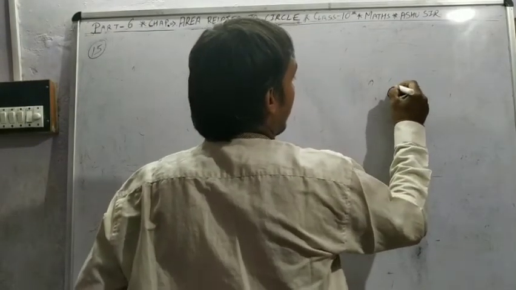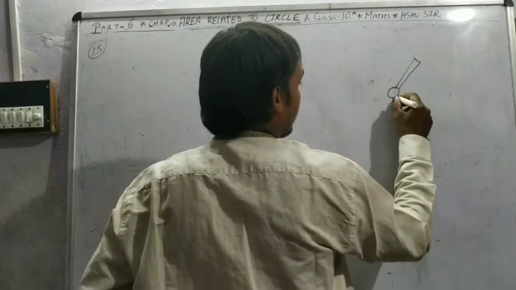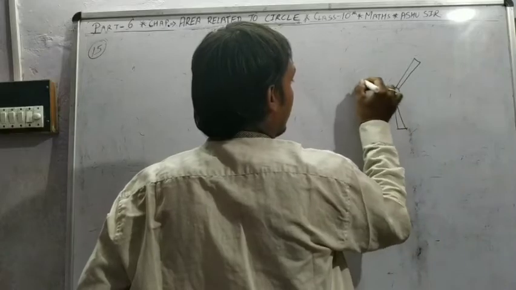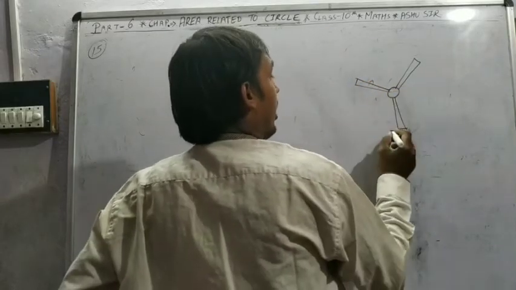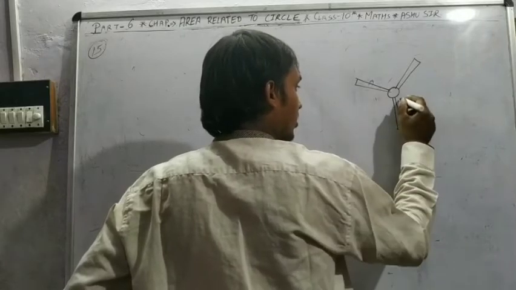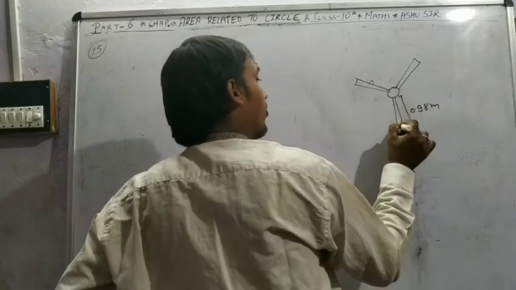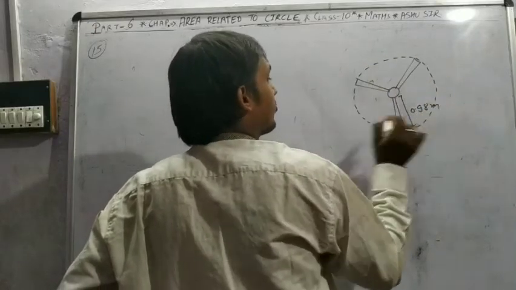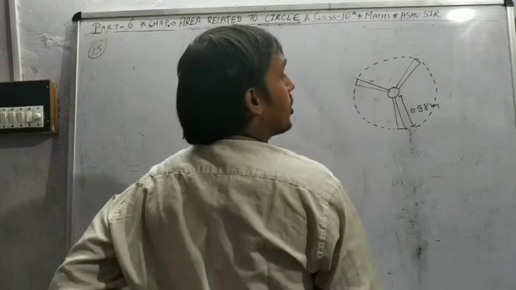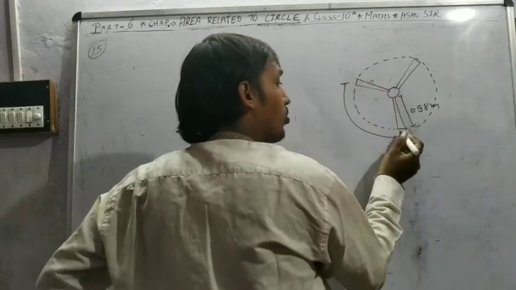There is a fan, and each wing is 0.98 meter. So the fan is running in a circle form. So the question wants the distance between each consecutive wings,